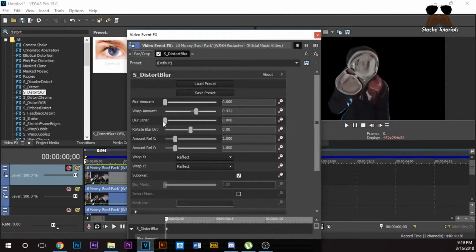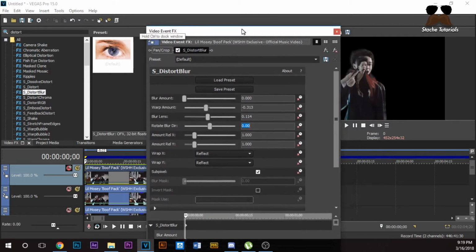Okay, if I make it about minus, since I want a small one first. Okay, then warp lens. Yeah, like that. Okay. Rotate. Nope, I'm not going to rotate any. I might a little bit, but we'll just keep that 0 right now. Alright, so these are the effects I'm going to start off with.